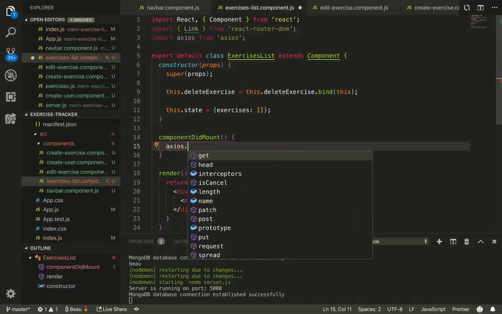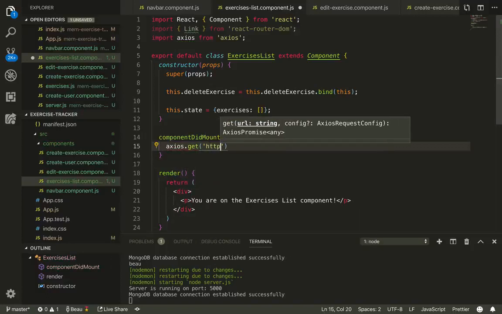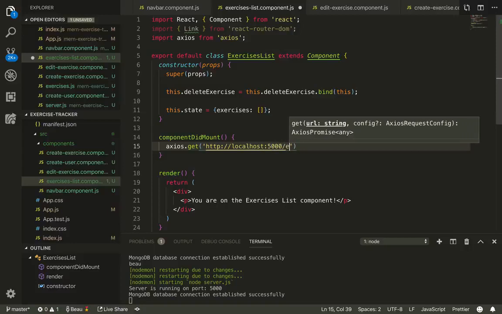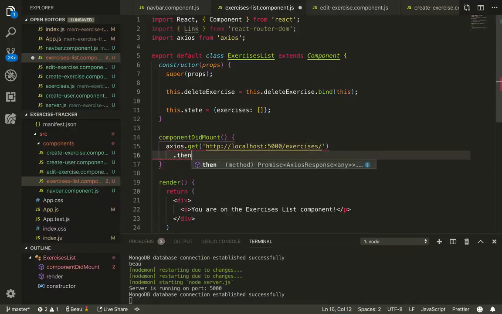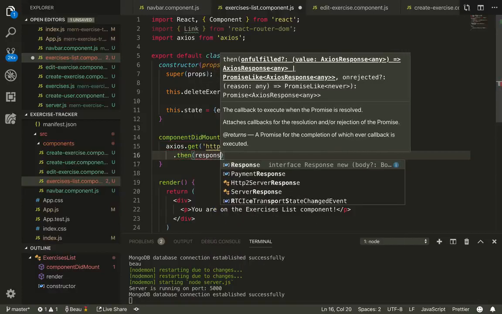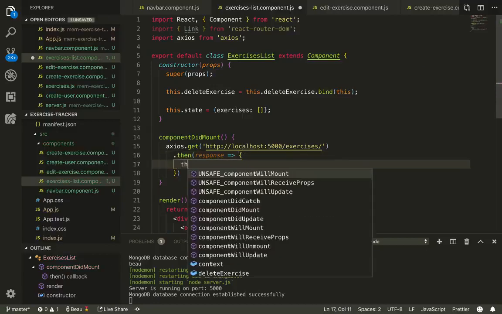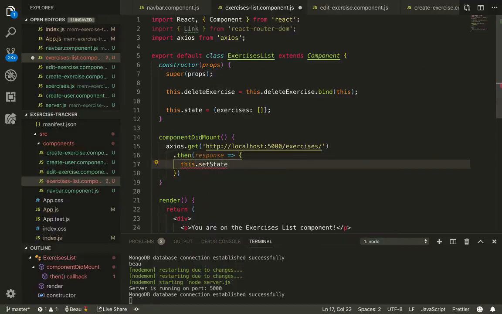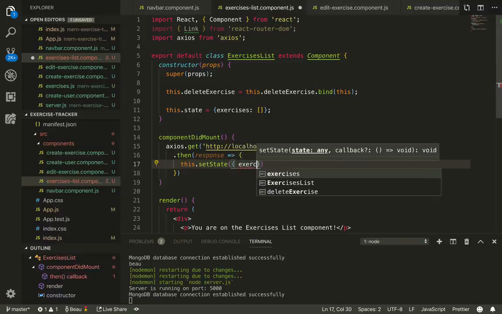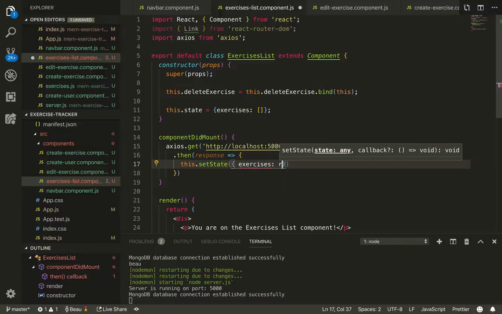So we'll do axios.get, and then I'll just put http://localhost:5000/exercises/ and then we'll do a .then, and we'll take the response and we will do this.setState, and before, wait, let me just finish this. Exercises is going to be